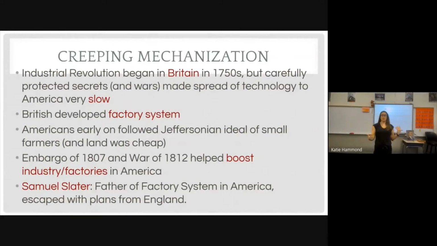And just remember that American System, which is Henry Clay, Speaker of the House and stuff. After the War of 1812, we realized there's all these new industries and factories that developed because we had to make things our own, and he establishes that tariff of 1816 to promote those new industries. Okay, and again, I told you about Samuel Slater already.